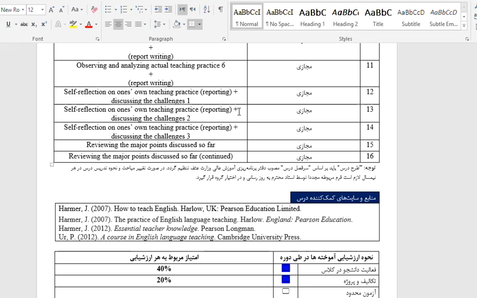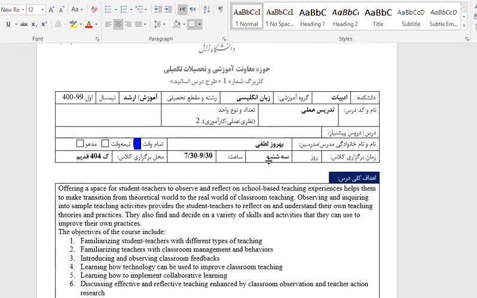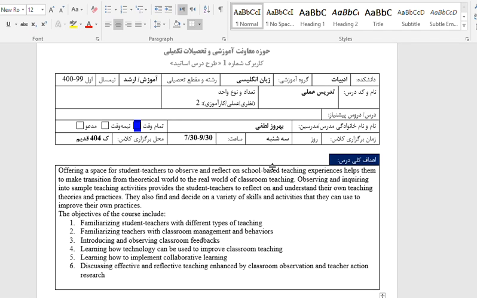Dear teachers, the course was called Practicum. Practical refers to practical teaching. Practical teaching is an opportunity to help you bridge the gap between theory and practice, to think about the actual teaching practice in real classes, and to reflect on your own understanding, your own theories of teaching, being a teacher, and